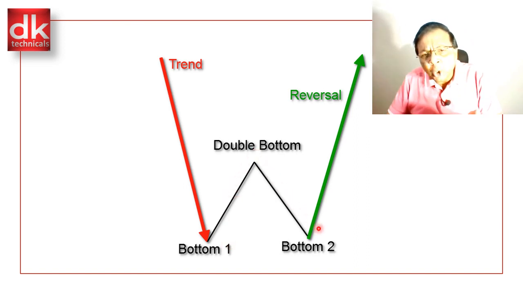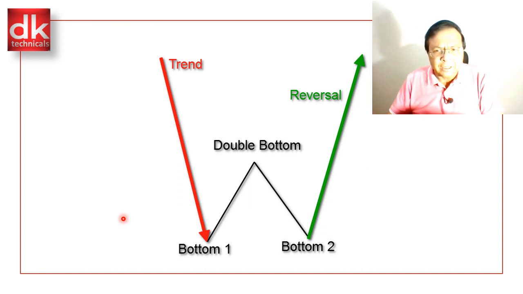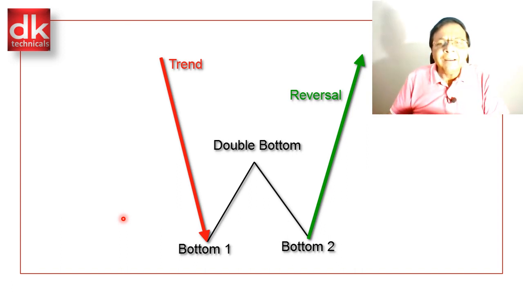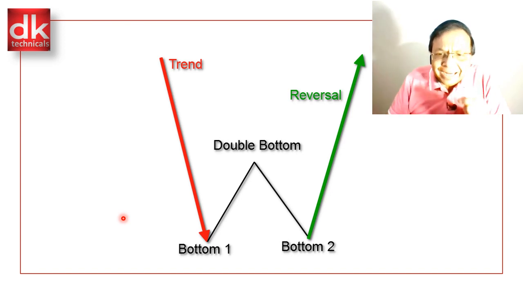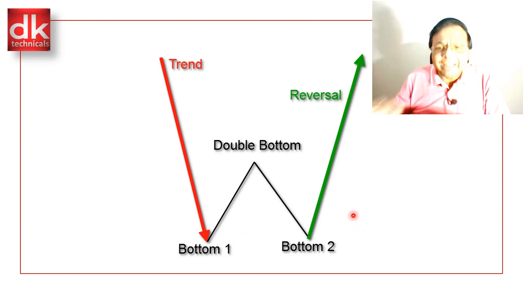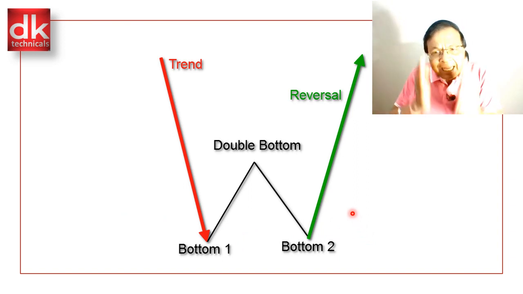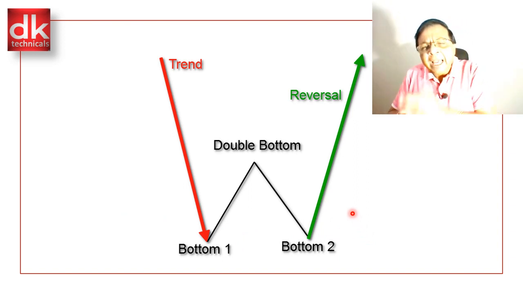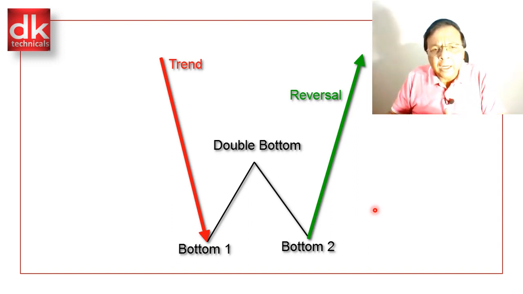And then the market takes a correction to make a similar kind of bottom, another bottom, and fails here to make lower lows kind of formation. What does it indicate? That buyers are coming into action at this particular price line where they are interested to buy. And the sellers are getting weaker and weaker as the price moves to this particular support level. And here the buying action starts, and these nearly similar bottoms are formed.